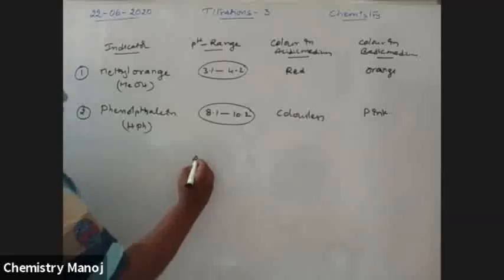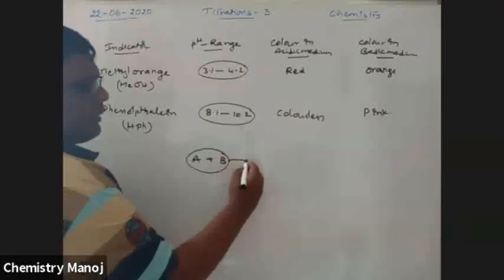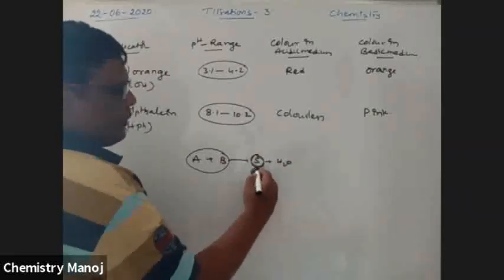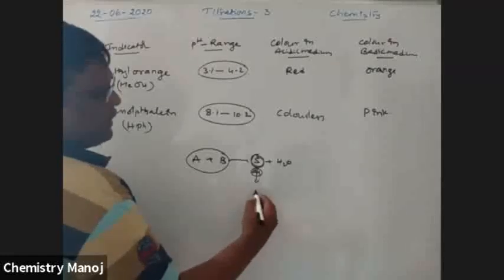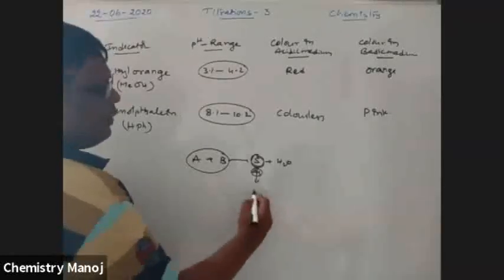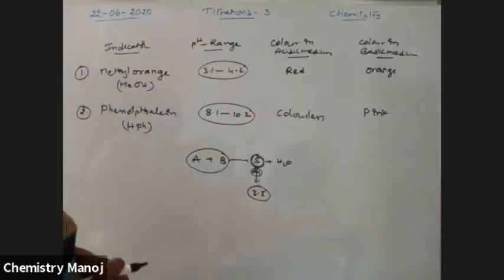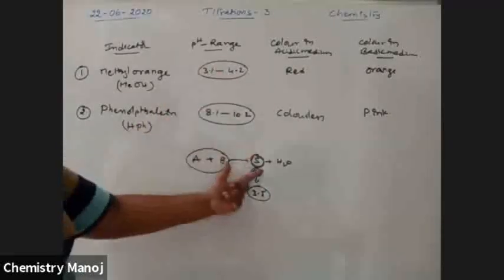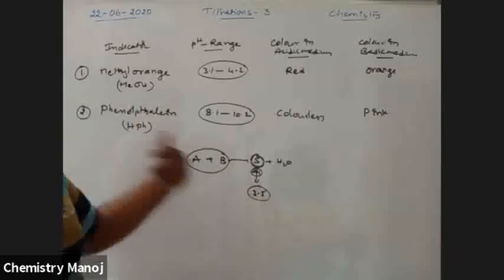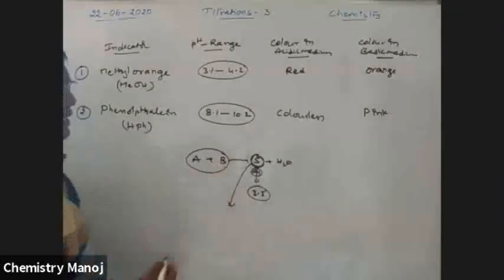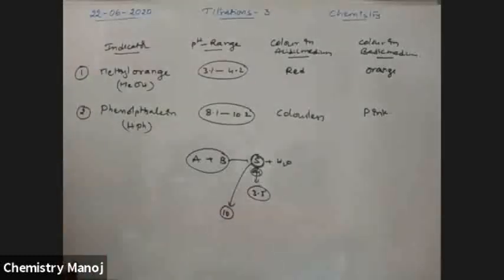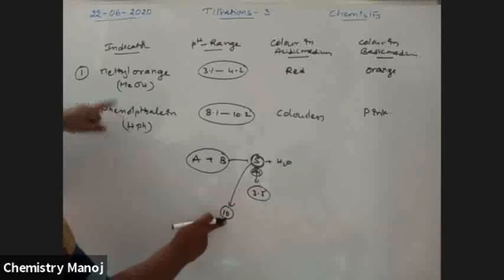When an acid reacts with a base, it gives salt and water. Let the salt's aqueous solution pH be 3.5. It is in the methyl orange range, no doubt. So in this case, methyl orange indicator is used. For example, if the salt's aqueous solution pH value is 10, then in this case phenolphthalein indicator is used. So here phenolphthalein is not used, and there methyl orange is not used.